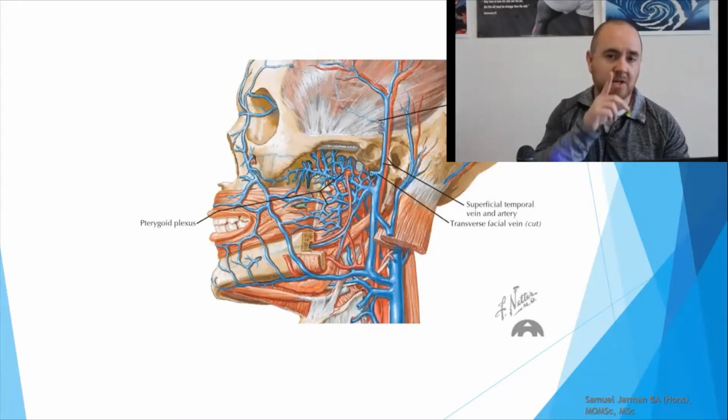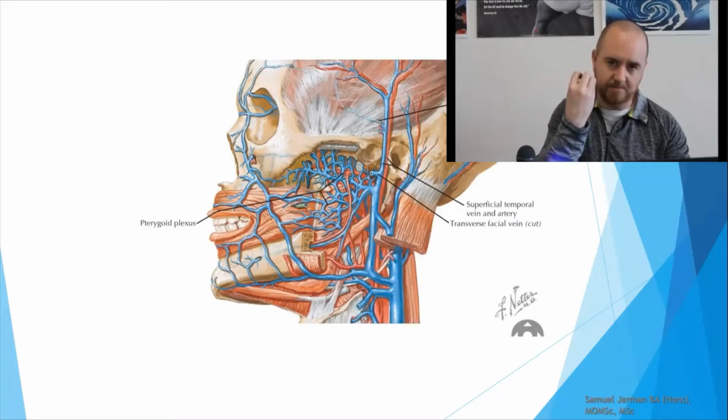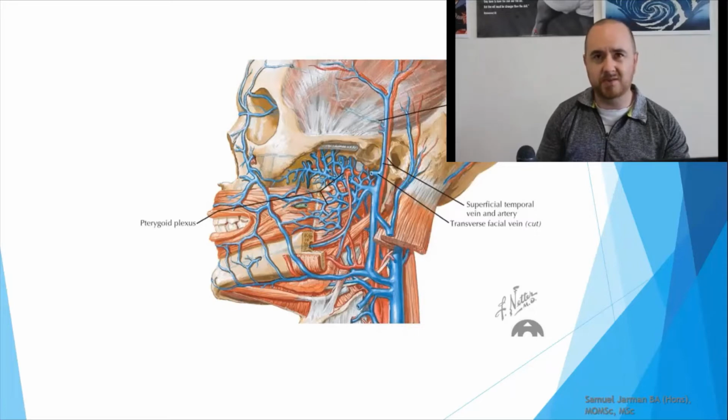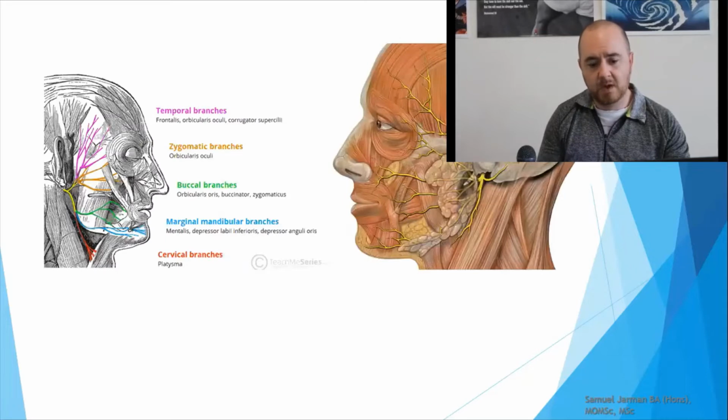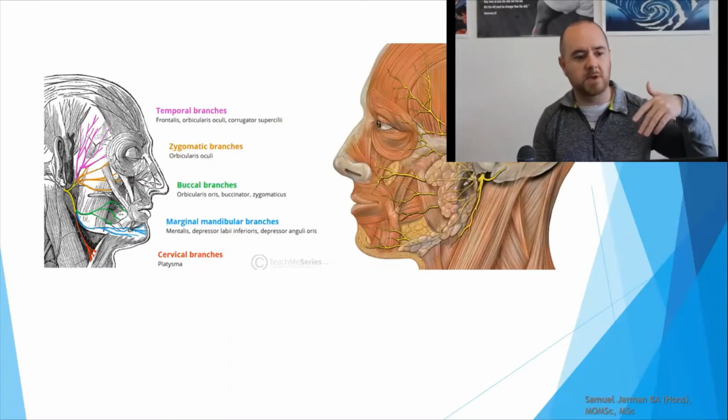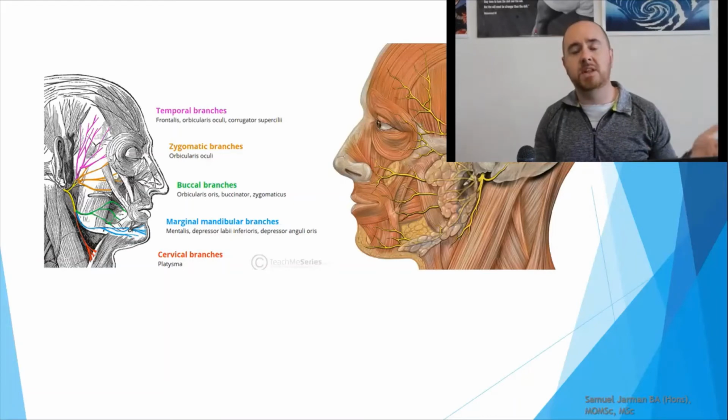So again, we have the facial vein, some will go to the pterygoid plexus, so we'll go internal, and then you have the superficial temporal vein as well, both going to the external jugular, and then you'd have some in the internal jugular. But the structures that you consider superficially, as far as assessing and treating, would be the same for both external carotid and the internal and external jugular. It's the same areas.